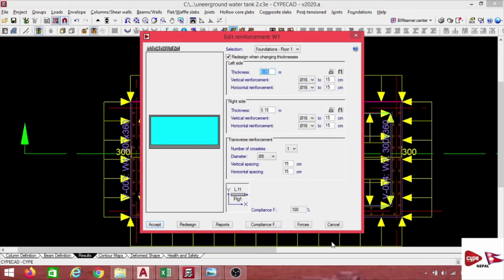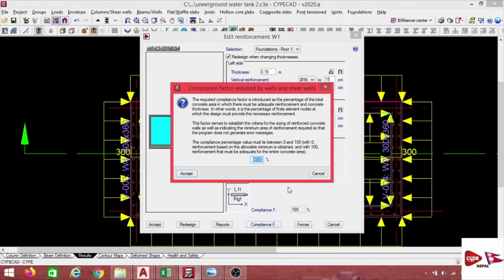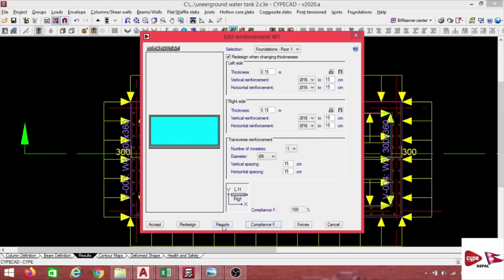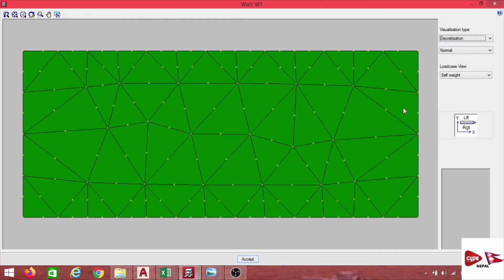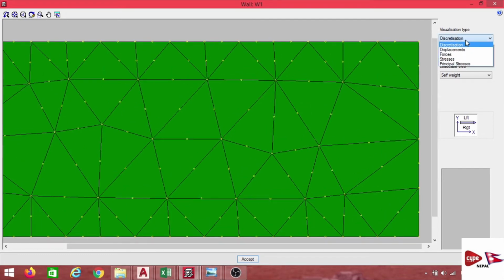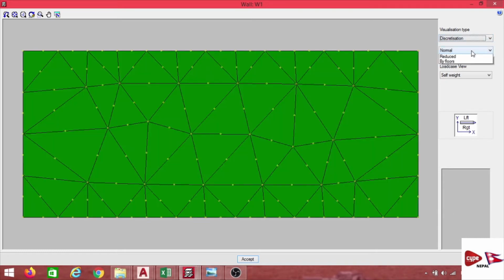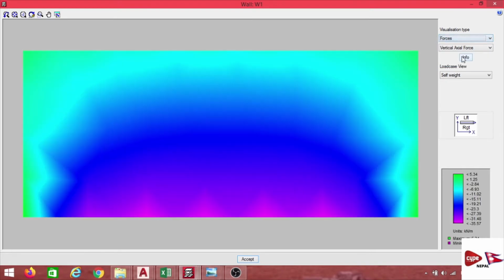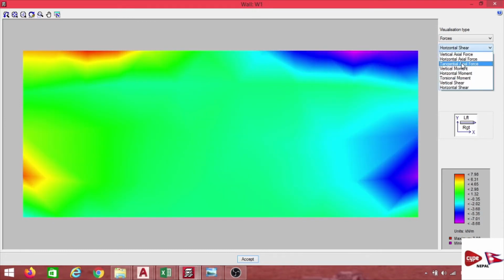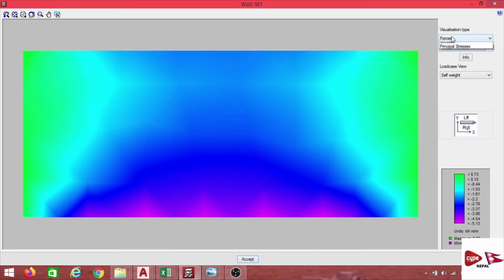And so in this way, you can also see the analysis reports. And forces also you will get, and crack width also we can get here. And here we have two different options to get the total deflections in a structure. And different types of forces you can see. And you can see the horizontal forces and vertical forces, each and everything you will get from the software only. And displacements also you can see,